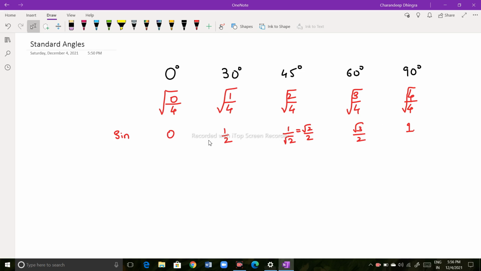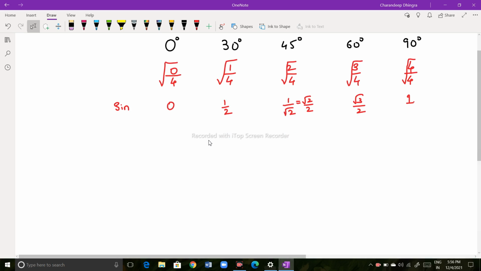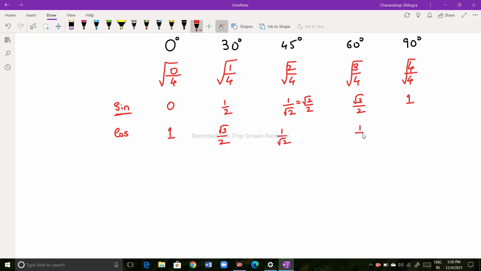Once we know this, then we can go ahead and find the rest of the ratios using this. So let's continue with the rest of the ratios. So next would be cos. So for cos, what you need to do is you just need to reverse the values. So 1, which is here, you write 1 here. So it starts with 1, then the next term will be root 3 by 2. So we are just writing all the values of sine in the reverse order. Then you have 1 by root 2, then you have half and 0. So these are the values of cos. So now we don't need to memorize the table.